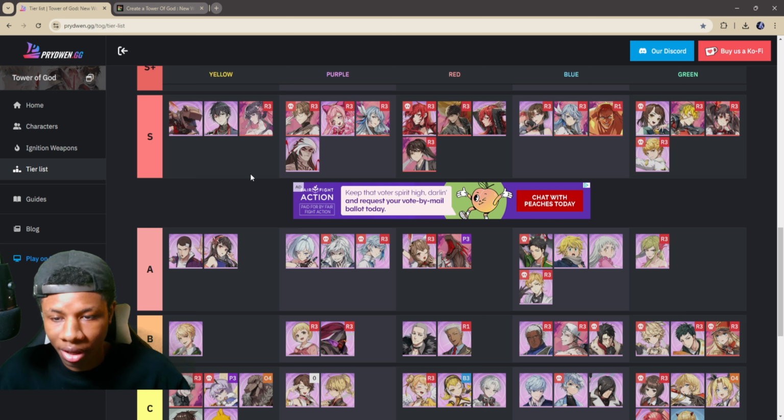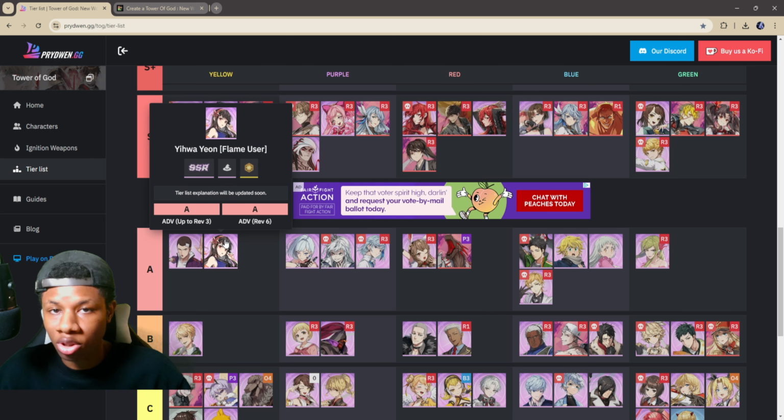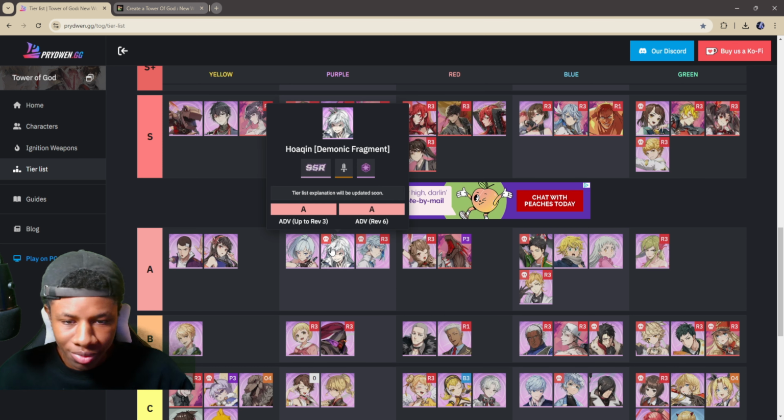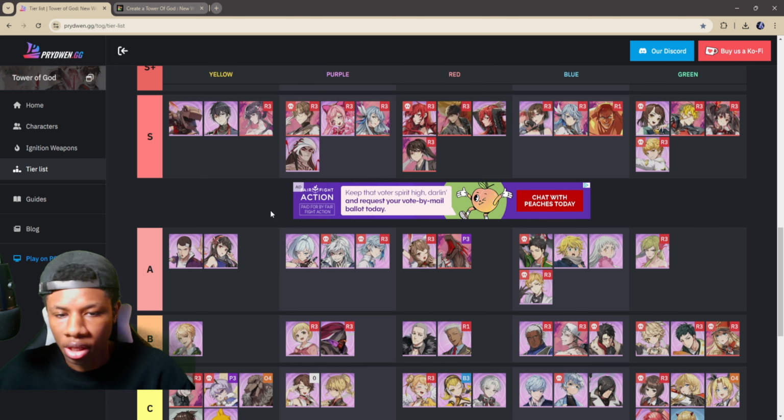When she first dropped, man, dude, this was like the most broken unit in the game. She was so busted. But now it's like, I don't know, man. I don't use her anymore. But next character we have here is Joaquin, and I do feel like the reason why Joaquin fell off